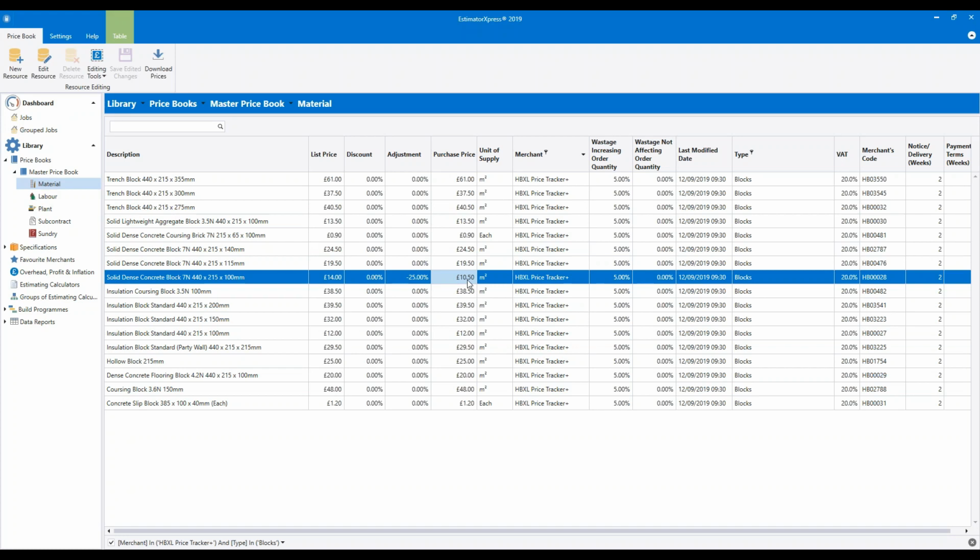So just having a quick look at your questions. Is the list price an average market price then? So yes, that is the idea. Again, it's supposed to be a national average. But because there is so much variation geographically and also from merchant to merchant and according to the discounts and terms that you've got set up with your merchant, it requires you to do this bit of editing to make sure that your prices are right. Obviously, once you've got this base set of data correct, you're going to make sure your estimates are spot on.